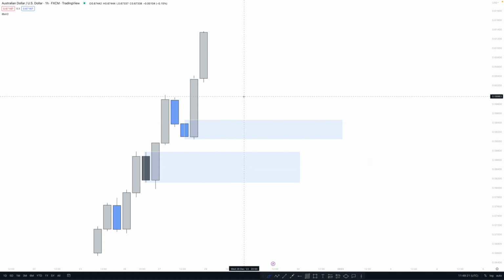You're going to wait to execute a high probability setup on the lower time frame. You're going to see me. I do not trade lower time frames as much, and always when I trade lower time frames, the trades are high probability. Usually I have good confluence on the 1 hour time frame, and then I jump lower, and the lower time frames are really beautiful as well in order for me to execute the trade.